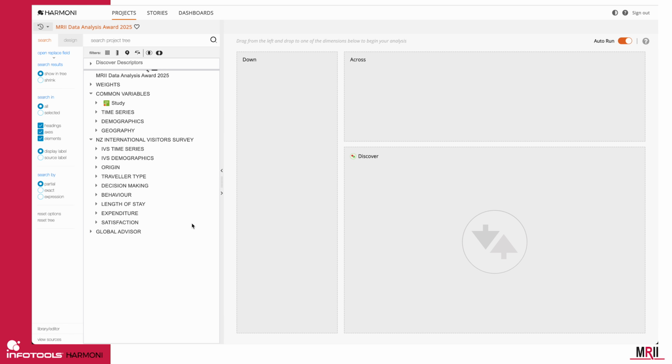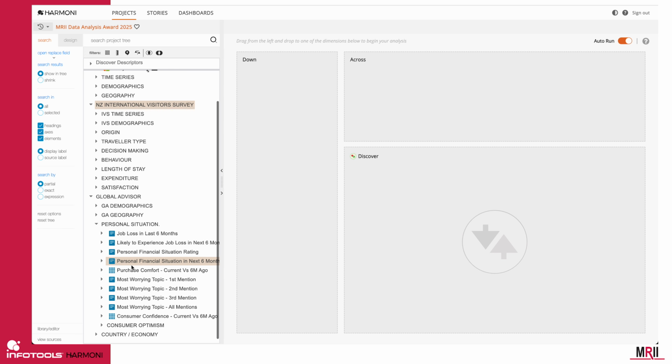Now, the most important thing to understand about this project tree is that it is actually being built from two completely separate studies. There is the International Visitor Survey from New Zealand, which is really the core project for you to answer these challenges. And that is joined in this particular project by data from a completely separate survey called Global Advisor, which is a very long-standing tracking syndicated study run by Ipsos, which includes questions of people about their personal situation, what they think about the direction of the country, what topics are worrying them most in the world,